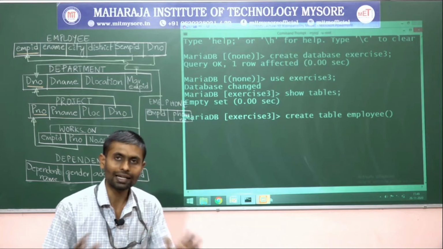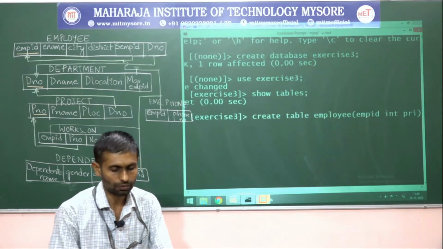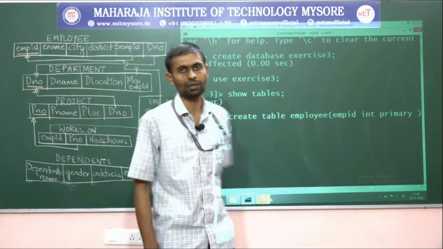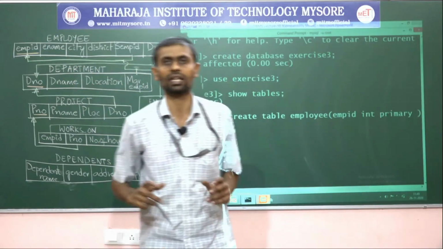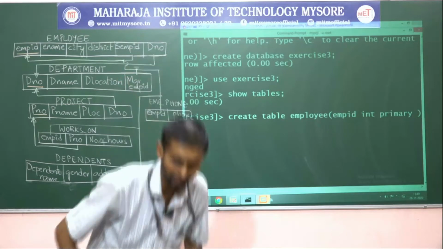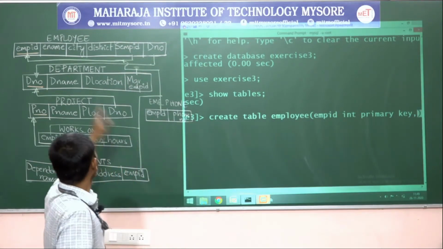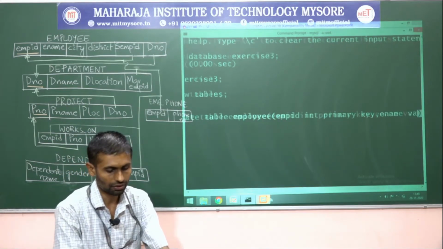Then what are the attributes? First write all the attributes. EMPID int, and make it the primary key, because we underlined it. Our intention is to make this EMPID the primary key, so I'll use the keyword primary key. The next attribute to be added is the employee name, ename, a varchar type.